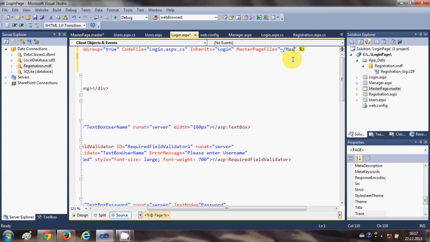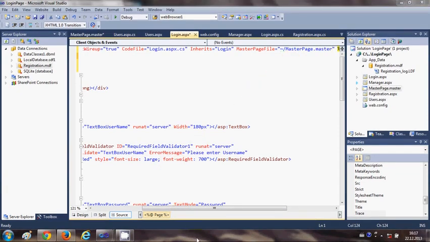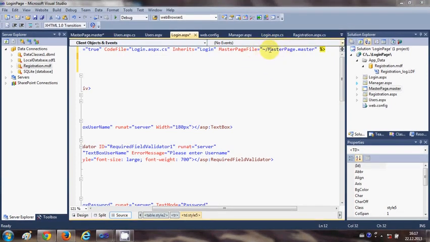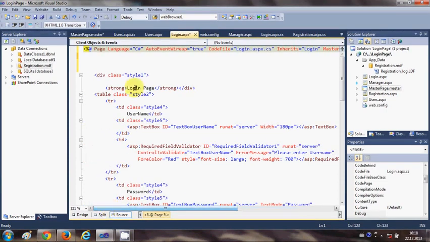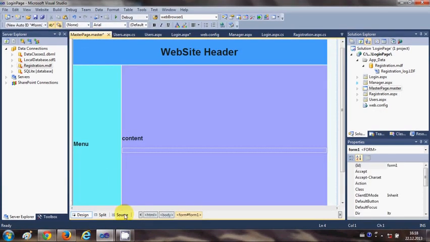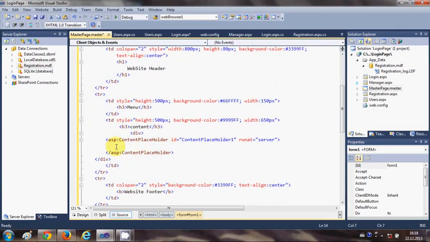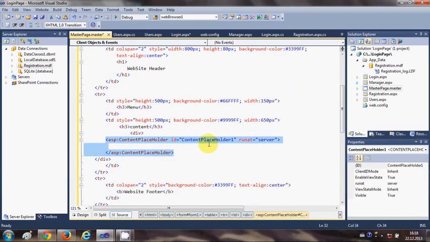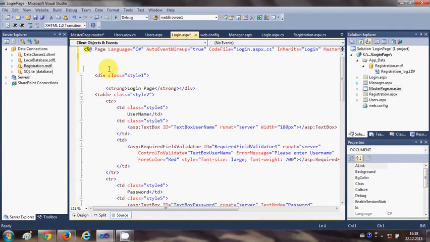So I'll write master page dot master. Okay, so once you have given this master page dot master link to your login page, we just need to define the content placeholder here also in your login page. So if you remember, in the master page we have defined this content placeholder. Okay, so we are going to use the same content placeholder ID and this server from here, and we are going to write it here,